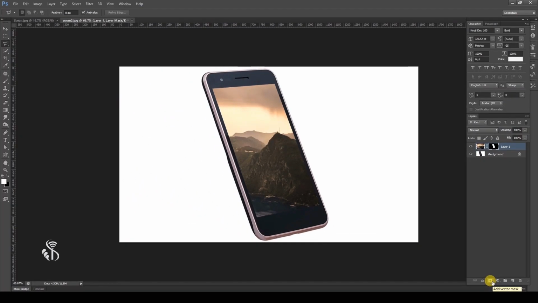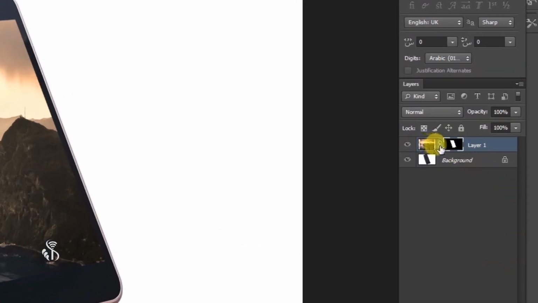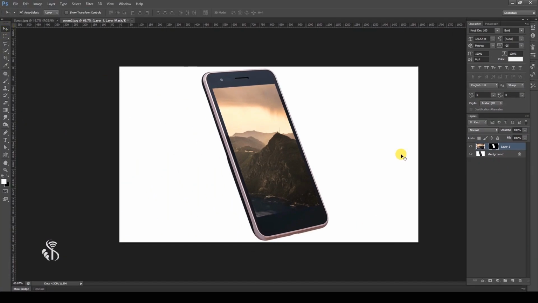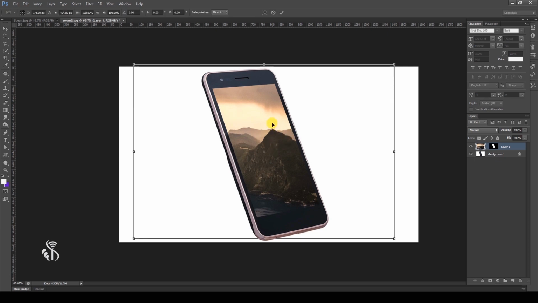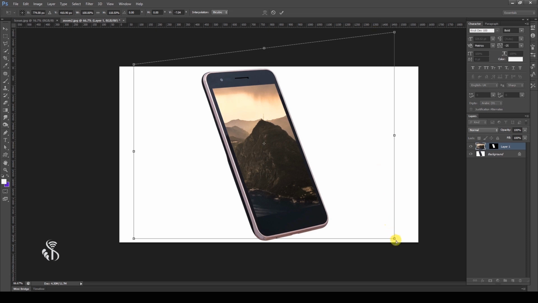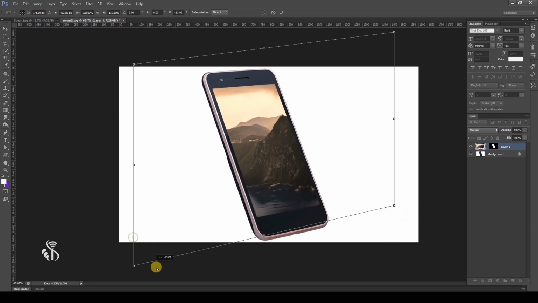The image has now fit in the selected part, but the part of the image that we were interested in is not visible. To make the part visible, click on the link between the layer and the layer mask and unlink it. And select the thumbnail layer. Now the image can be moved easily. Adjust it now according to your needs. Now you will see that your image is fit as per your desire.